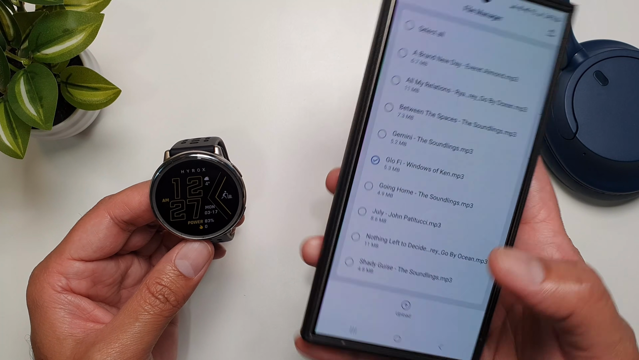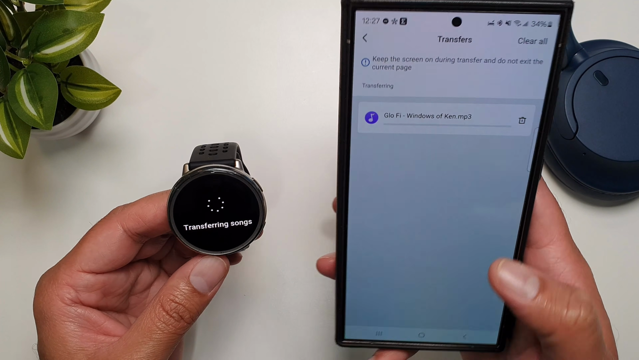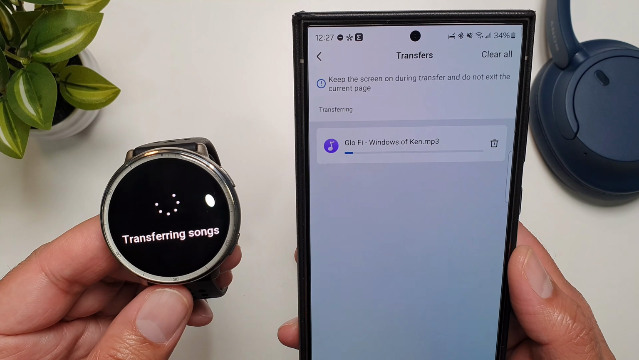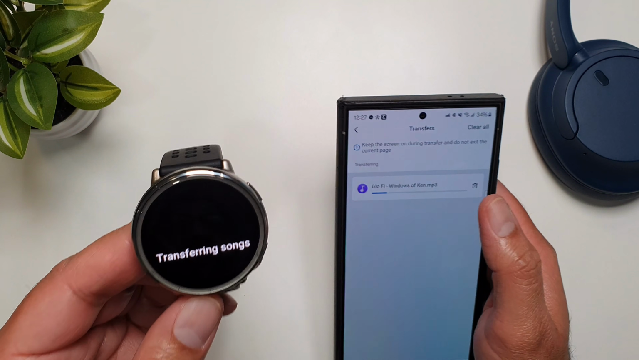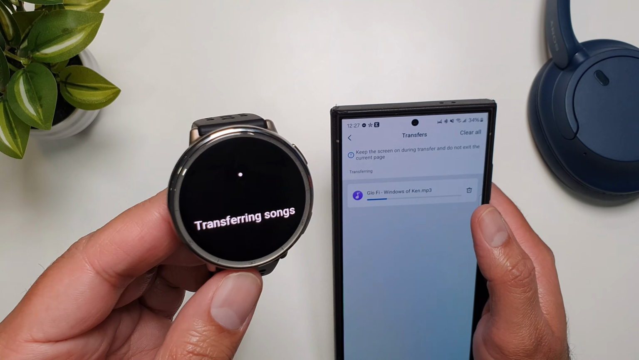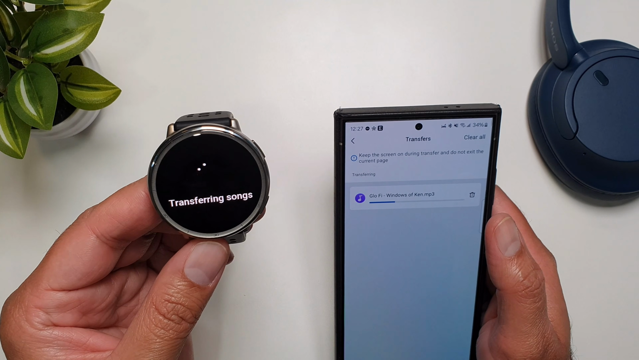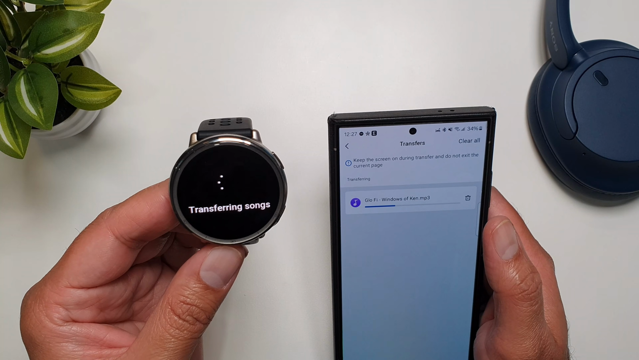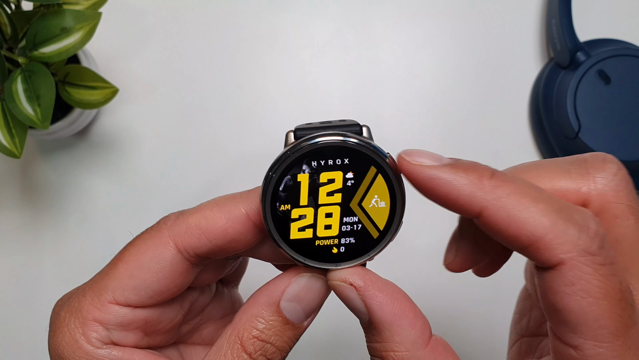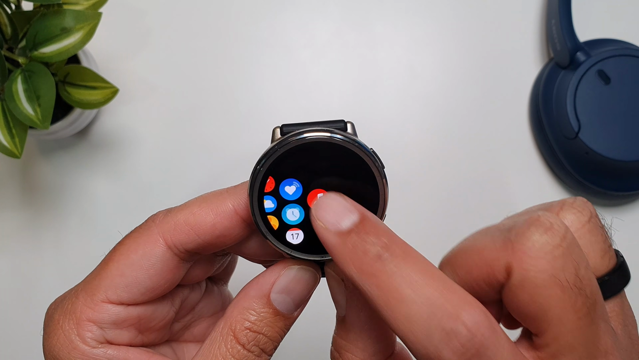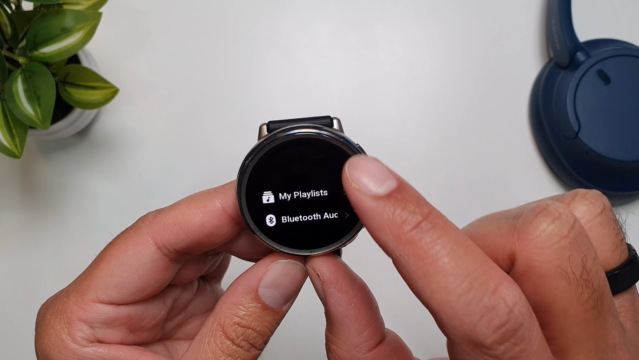Let's say we'll select this one and upload it to your watch, and then it will just transfer it, and you can see the transfer happening on the phone and it will tell you transferring songs on the watch. So you'll just have to wait for it to happen, and then I'll show you another fantastic feature of this update. So now the transfer has happened and we will go back into the music app and we'll swipe up,